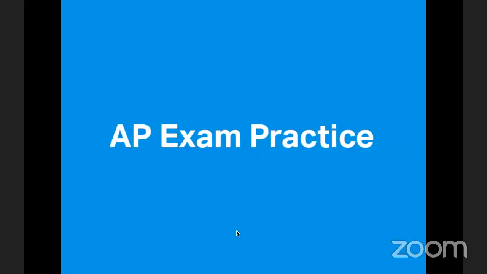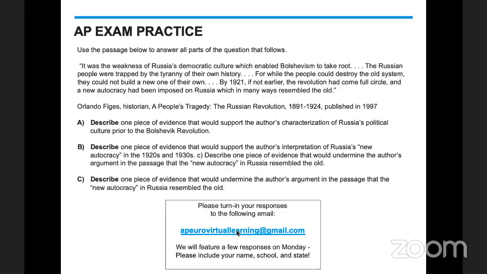Good. Okay, so the exam practice that we're going to do today is from last year's test. So this is a really new, relevant question, and it is the type of question that I talked about when discussing the secondary source. The task scores are pretty entry level, so it's not really complicated, but you do want to give it a try as we go through and read the passage.